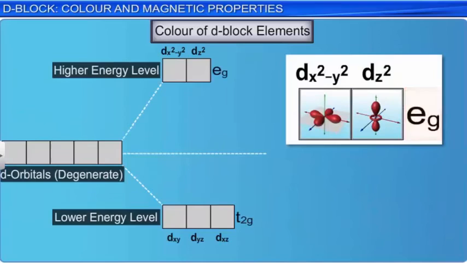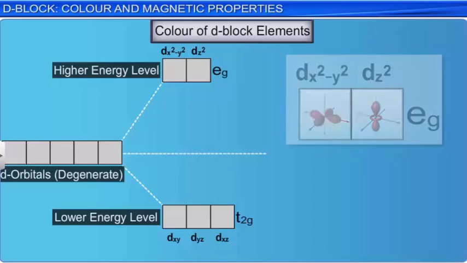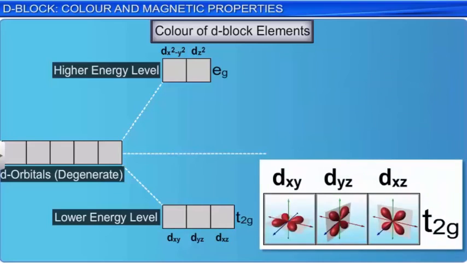One set, known as the Eg set, consists of two orbitals, dx²-y² and dz². The other set, known as T2g,